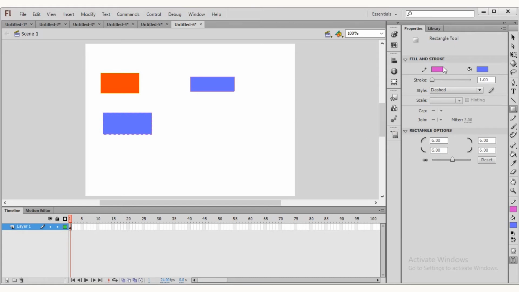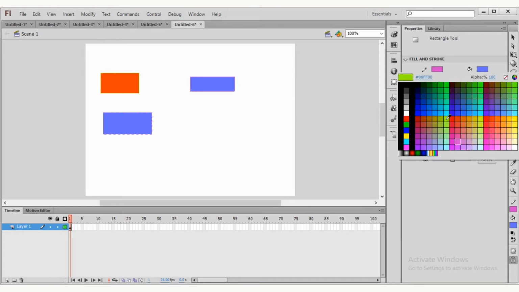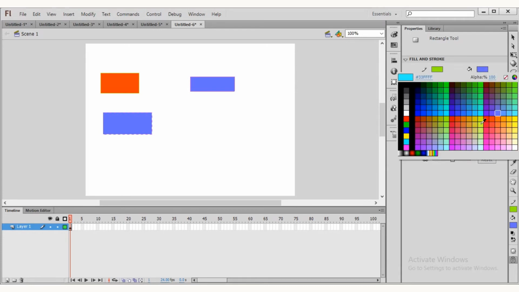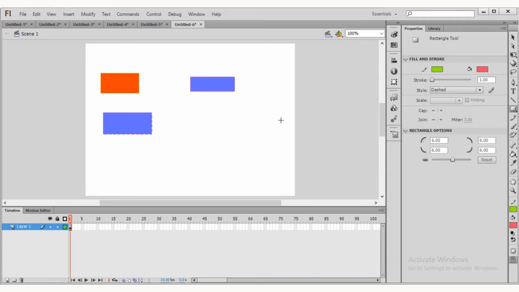Clear? Now I am changing this stroke color, and also I am changing the fill color in order to show you the difference. Now see, the object has been drawn with the rounded rectangle and in the dashed style. So this is the way we can make the use of the rectangle tool.